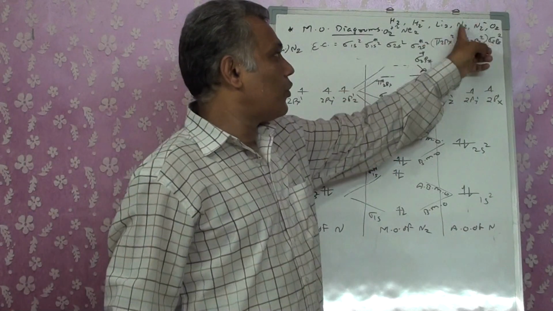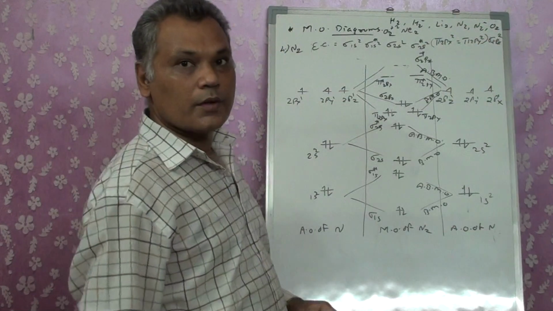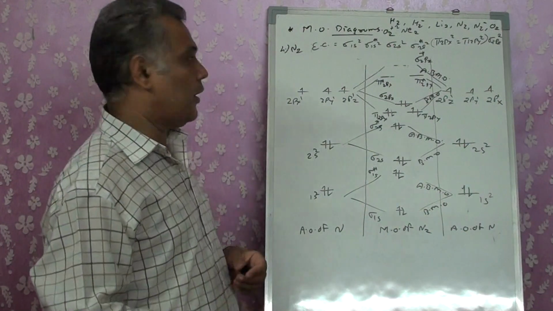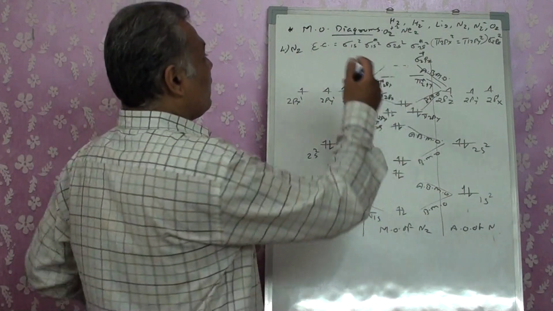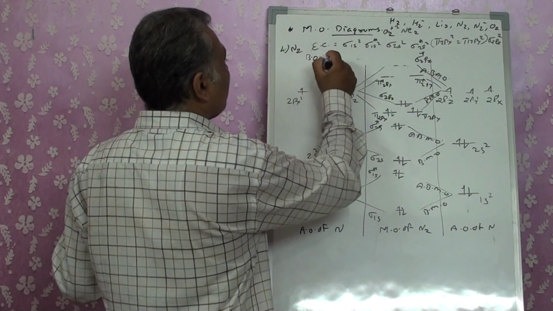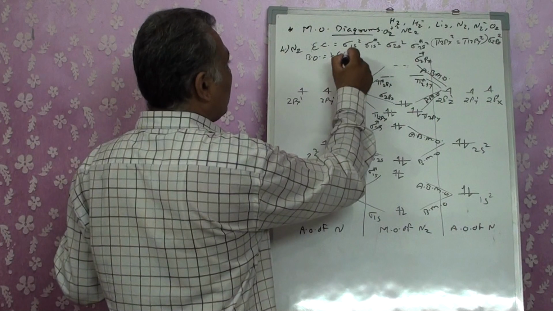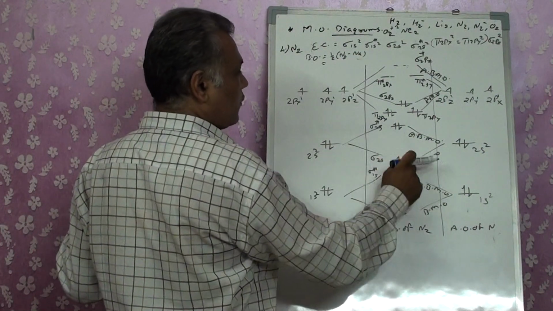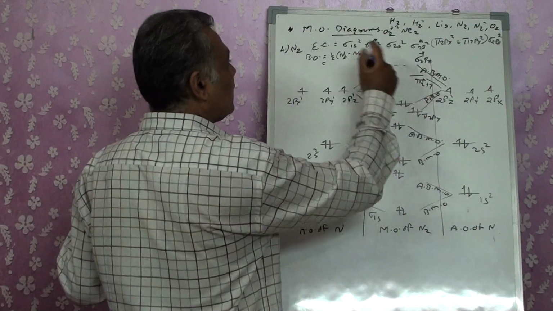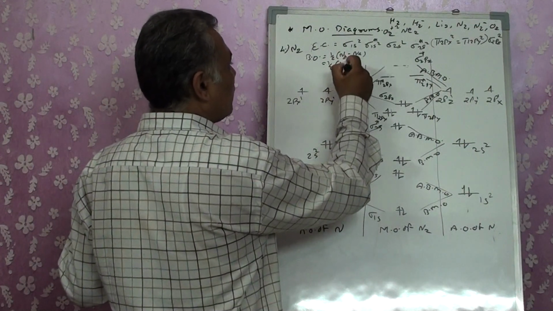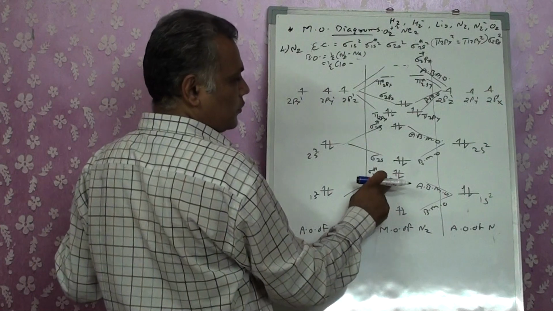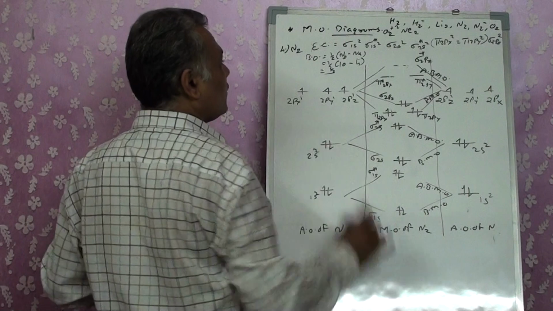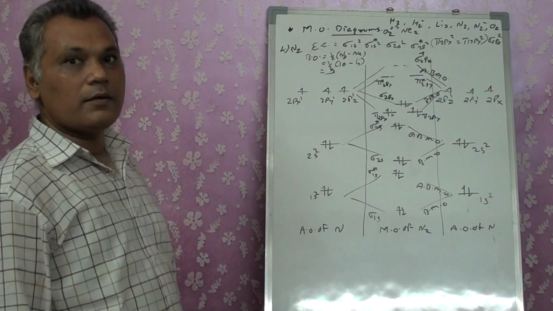That will be different for N2 and O2, when you have up to 3 electrons and more than 3 electrons, right? When we go for bond order, 1 by 2 (Nb minus Na). So what will you get? 1, 2, 3, 4, 5, 6, 7, 8, 9, 10. 10 are there in the bonding molecular orbitals. Anti-bonding 2, 4. So you will get bond order 3, and N2 is triple bonded.